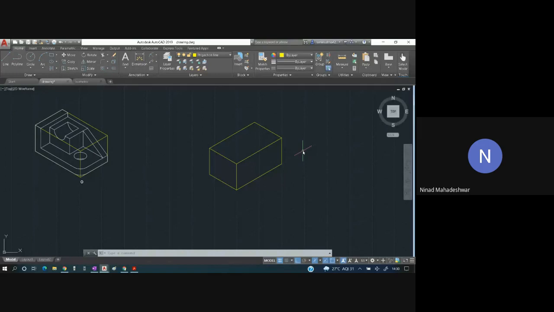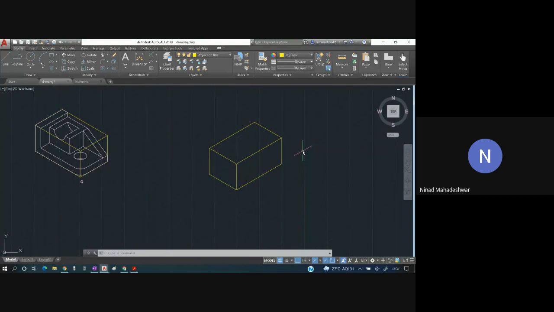Once this part has been done, we have to take into consideration the front view of this part. Just hold on.